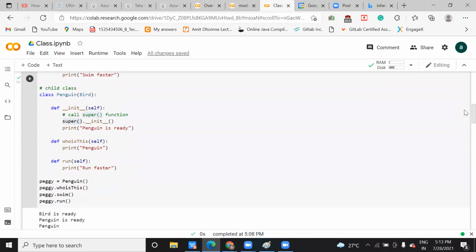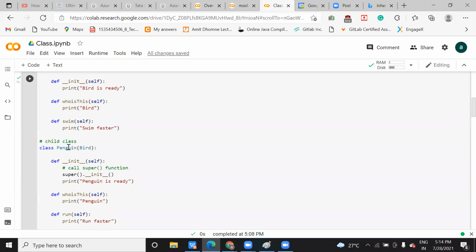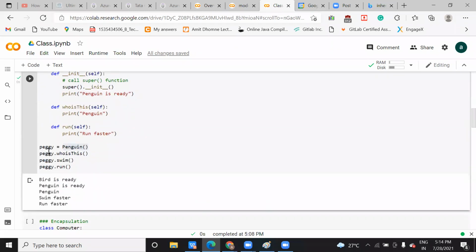But while creating an object, how will you create it? Peggy is your object, equal to the class name. What is the class name here? Penguin. Okay, you created an object of the child class; always remember we create an object of the child class in case of inheritance. So we create an object here, and with that object I am calling these three functions: whoisthis, swim and run.